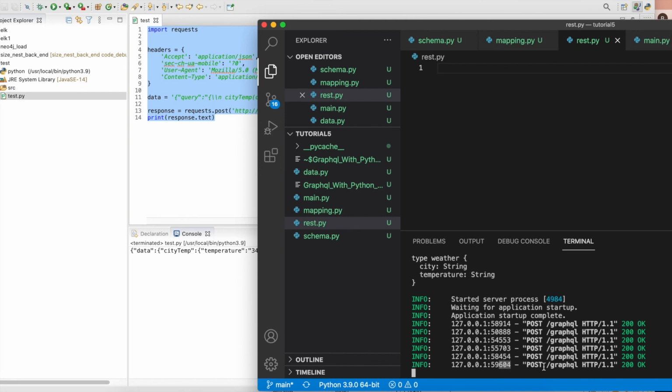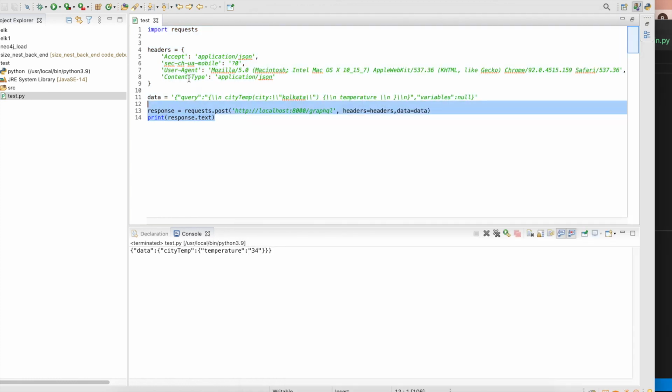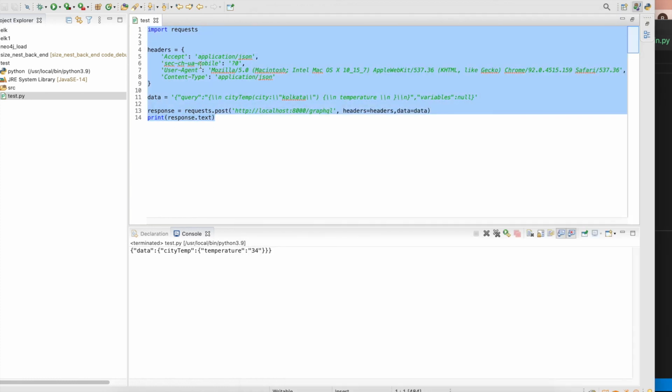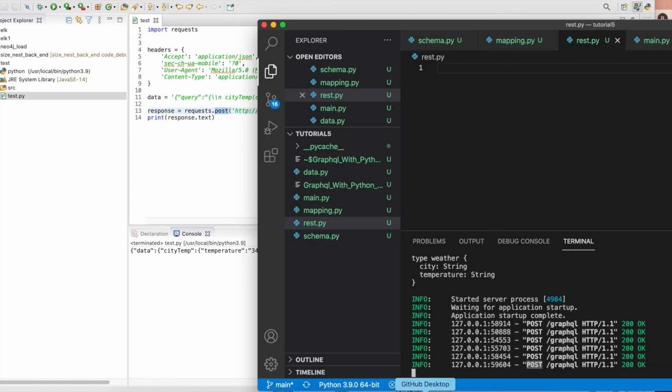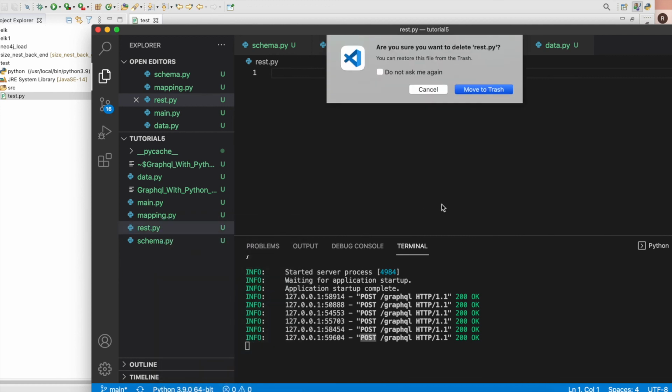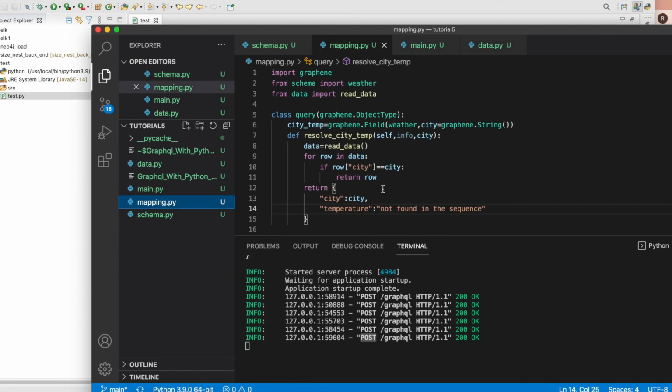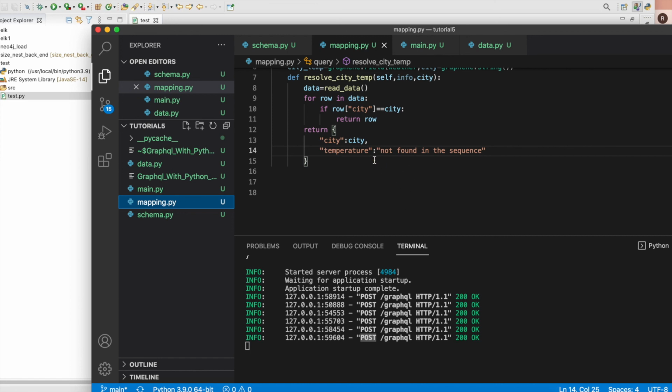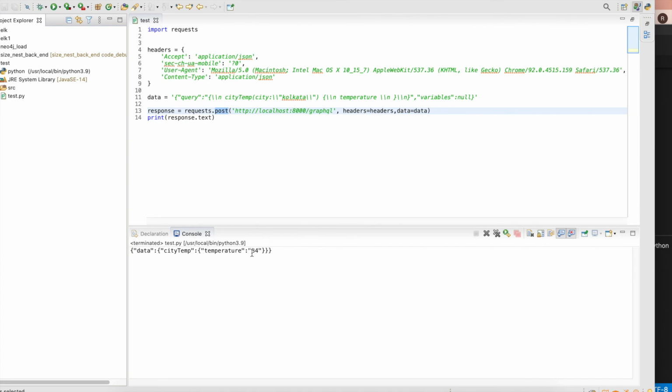Every time it is hitting my server side GraphQL API, and the response is 200, and all the requests are coming as a post, which is coming from my Python REST client. I have written this REST client which is going to hit this endpoint using the post method, and responses are going from this server side API. Okay, I don't need this REST thing, delete this. It is hitting this server side GraphQL endpoint and generating the data based on my written logic, and I'm getting the data over here in this console.